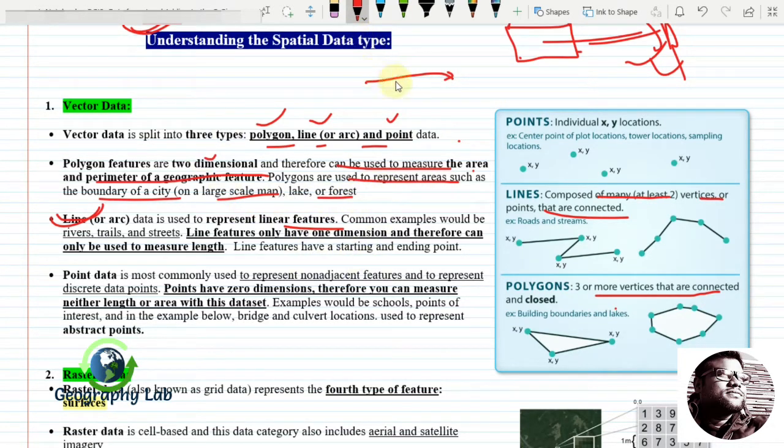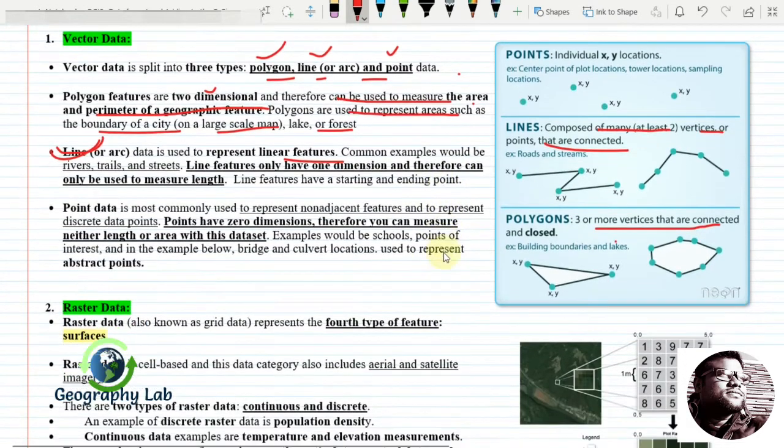So it has one dimension, and we can only measure the length. Line features can have a starting or ending point. Generally these are called vertices, and in the network analysis part we will learn a lot about vertices, nodes, and so on.